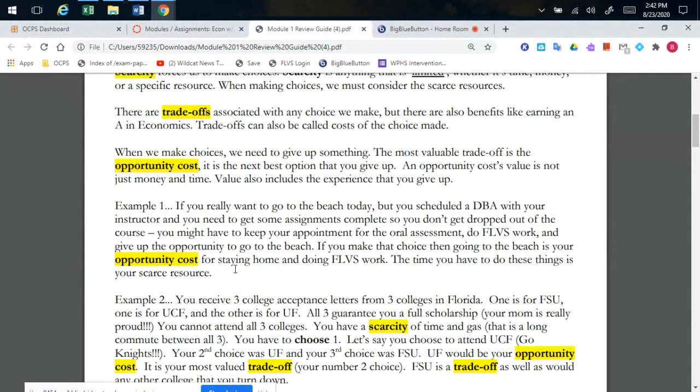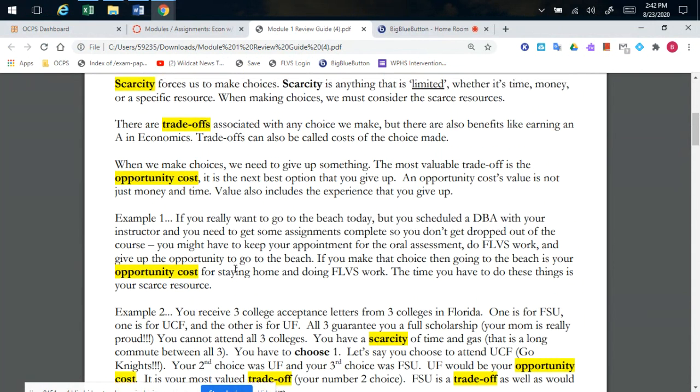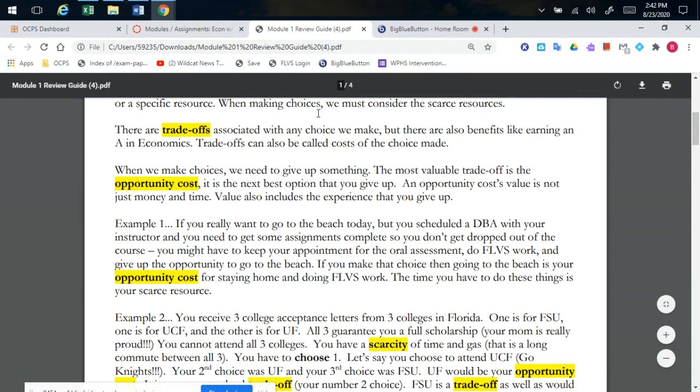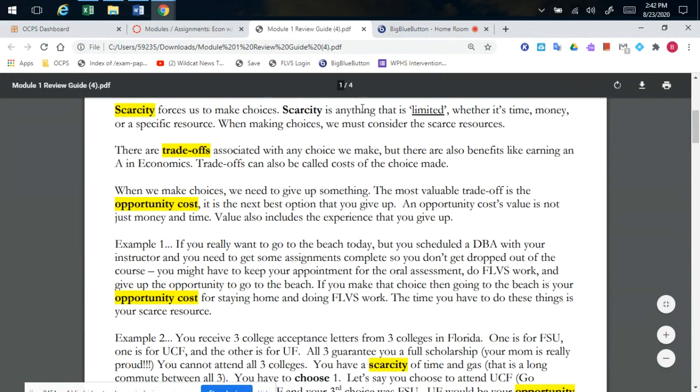Everything has opportunity costs due to the fact of something known as scarcity. Scarcity is this idea that we do not have an infinite number of things. You do not have an infinite amount of time, nor do you have an infinite amount of money. If you have $10 and you're hungry, if you spend that $10 on a pizza, it means it's $10 you